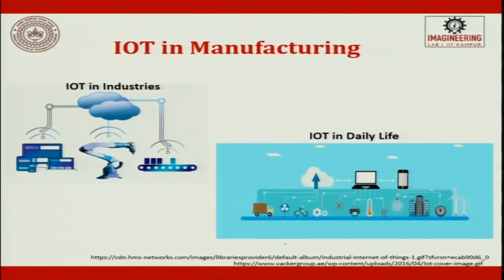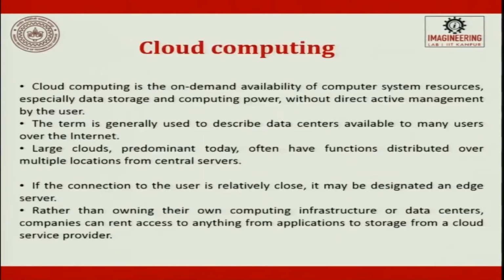So, IoT in daily life, you can see that everything is cloud computing: your electricity consumption, your car movement, the energy you have spent on that day, what all machines you have used, a drone used, then the temperature around you, electricity, and then the humidity along with energy generation. All these things are today integrated into IoT, and then this has been moved into manufacturing. So, the last part is cloud computing.